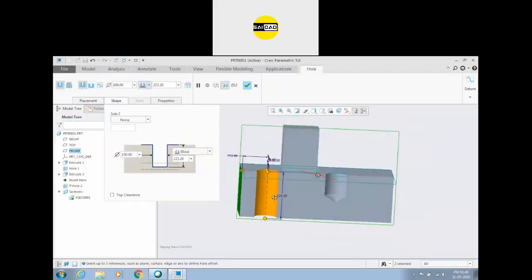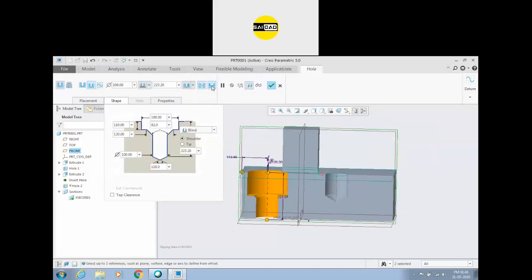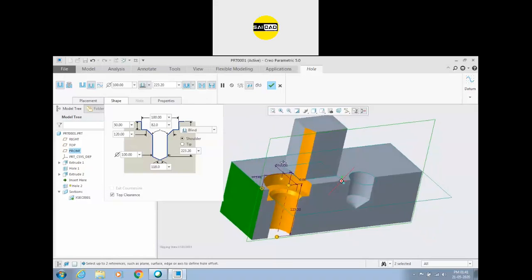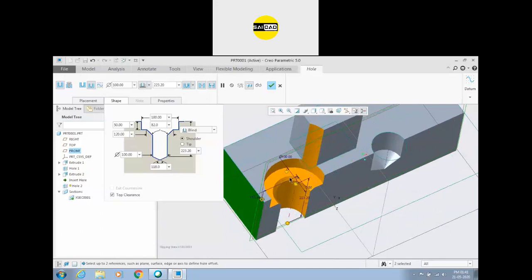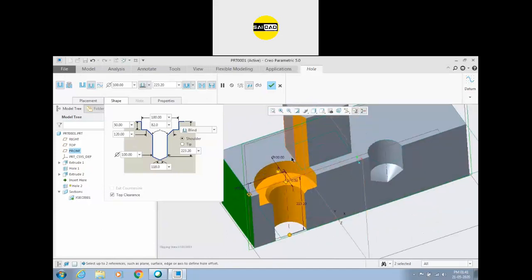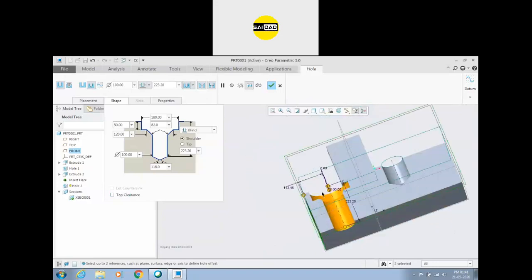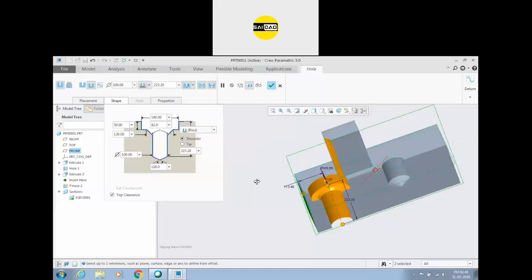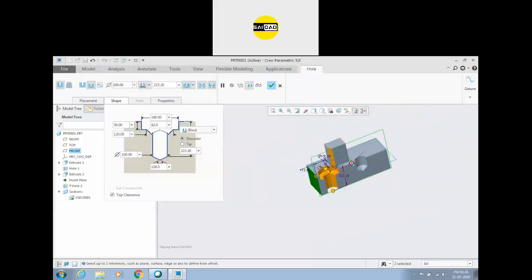So you can see now, if you have selected the flat face, there will be no counterbore or countersink option. If you click here, you will get those options. Define the values like that. Go to the top clearance, and now you can see it will cut the upper material also, because we cannot add a bolt here without cutting this material. If you don't select the top clearance, there will be some material like that in the other direction. So top clearance will remove the material on the opposite side of the hole.